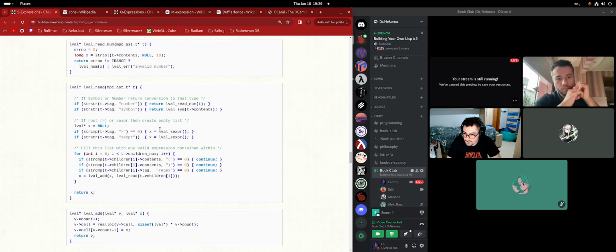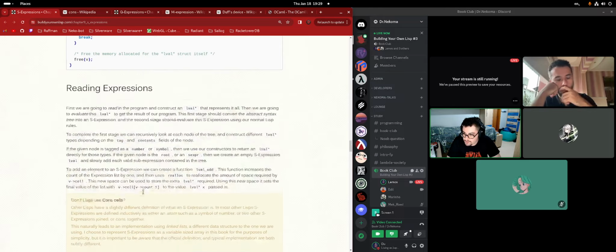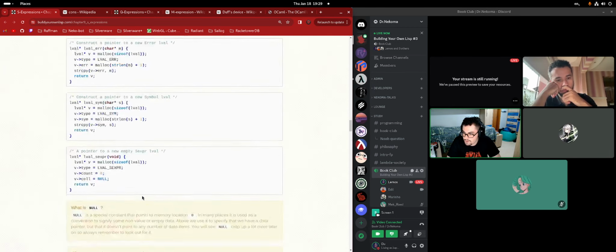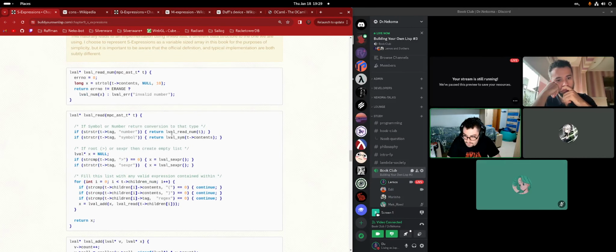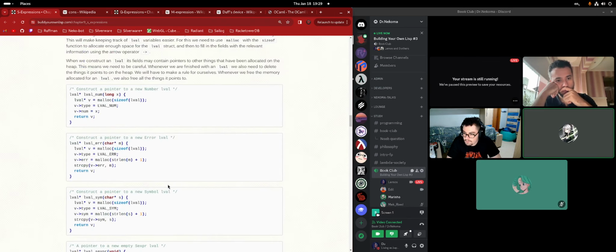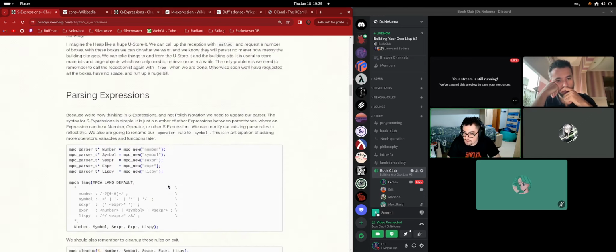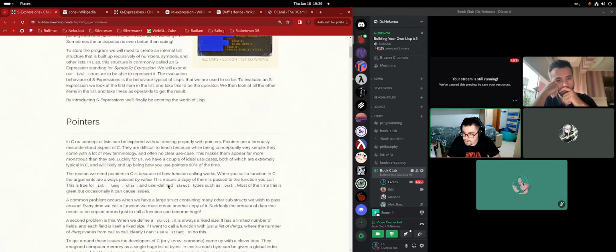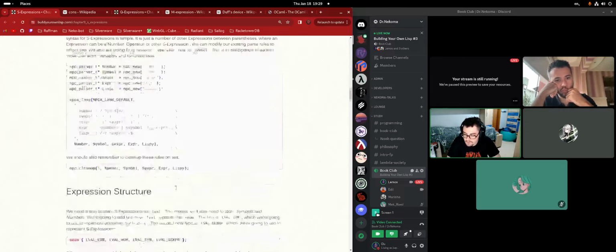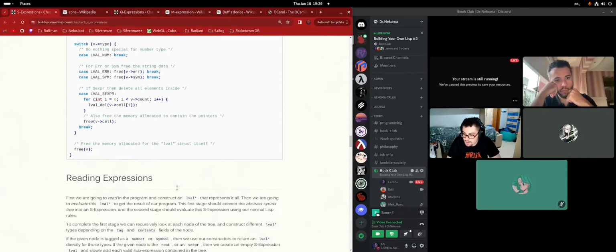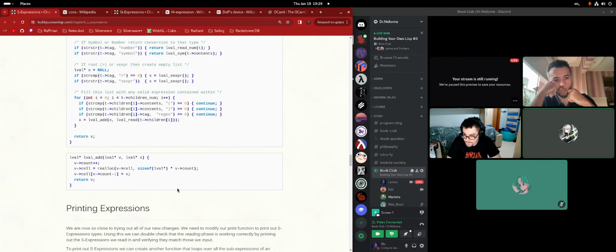Lval as expression. I think that was the one that we were... Did we already talk about this one? The S expression is the one that's actually an array, right? But I'm talking about where is the function definition? I don't think we talked about that yet. Actually, I think we did.